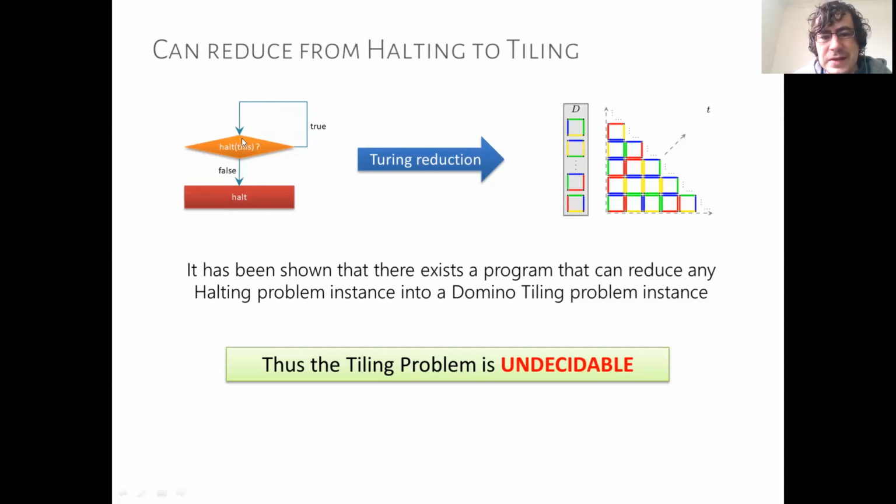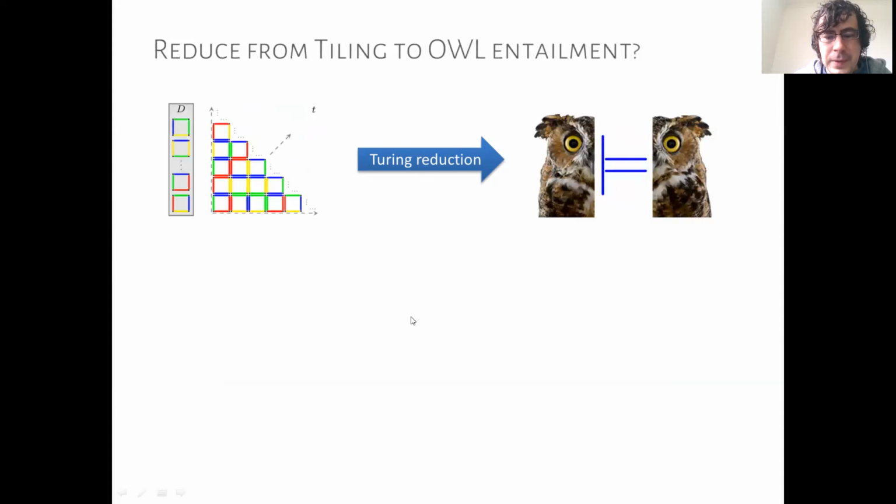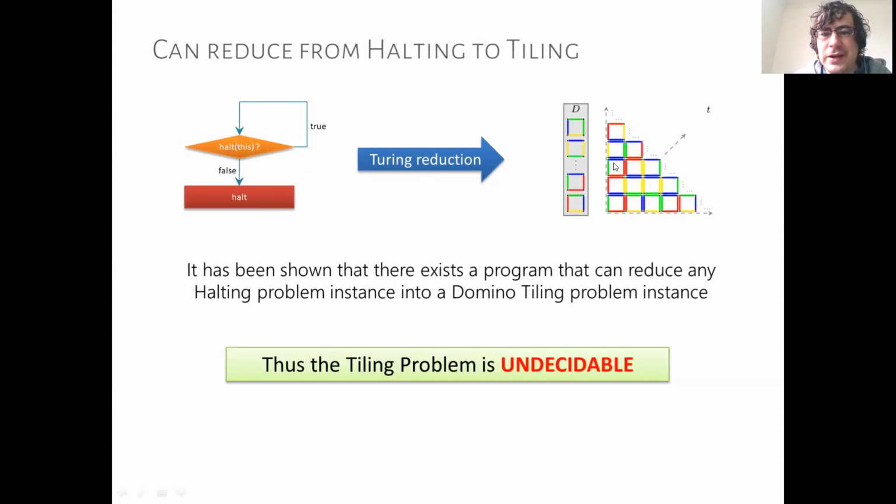So since we know this is undecidable, we know that we can't implement this, and therefore our assumption here that this is decidable is a contradiction. Okay, so there's no way we could do that. Again, if we could, it would mean that the halting problem were decidable if this were then decidable.